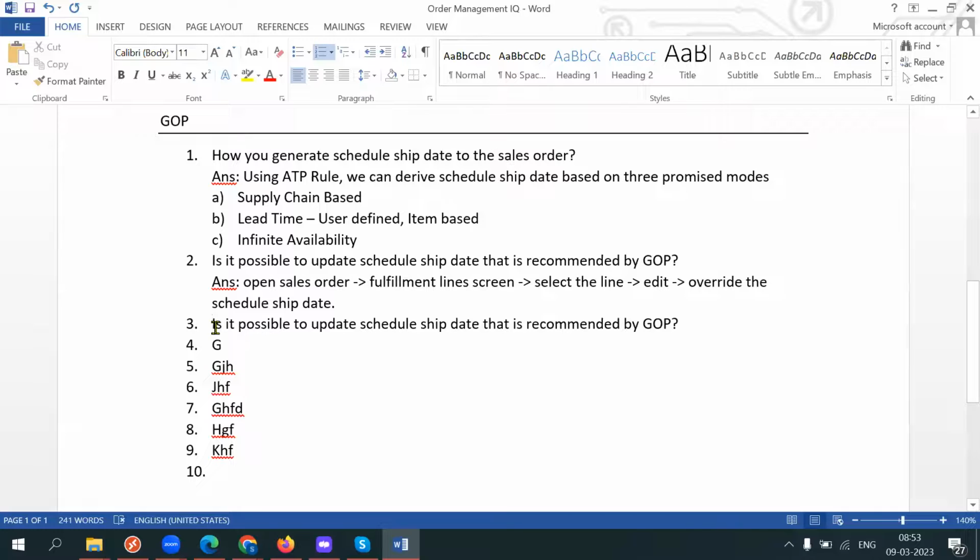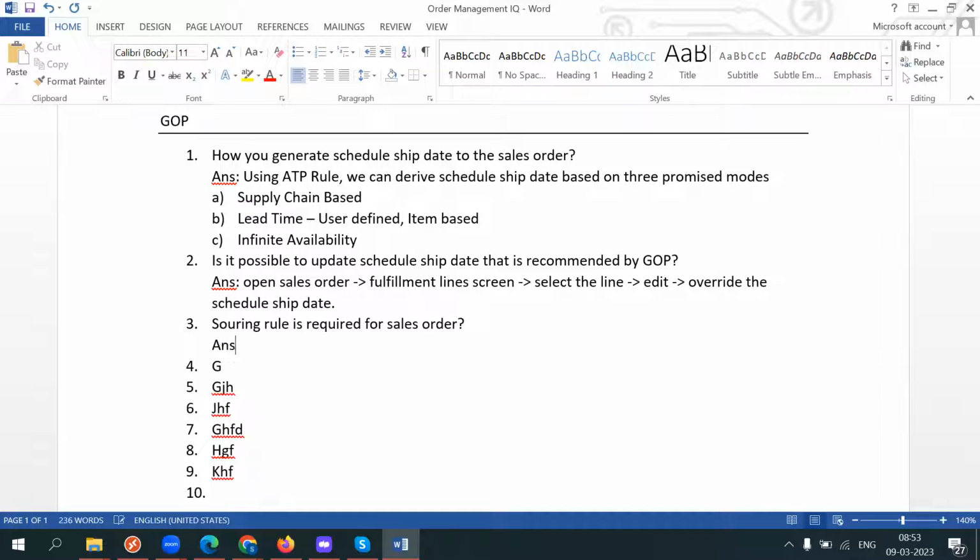Okay, third question. Sourcing rule is required for sales order. Okay, answer. No, we can directly provide